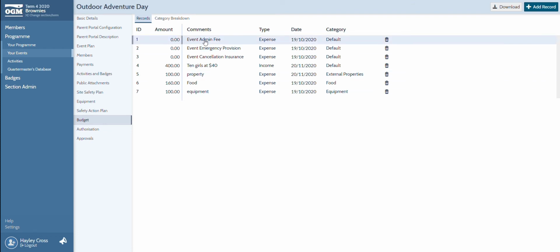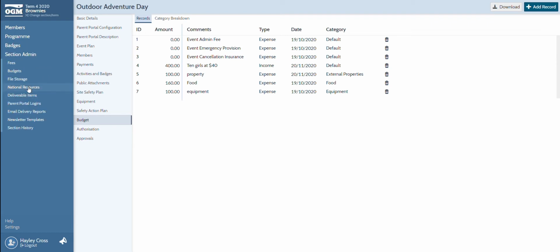Alright, and now we need to add in the admin fee, emergency provision and cancellation insurance. So what the numbers are we have to put in as the amounts depends on our event budget. So let's check the core event document to see how much this should be.